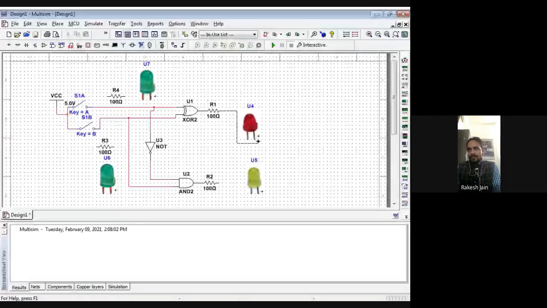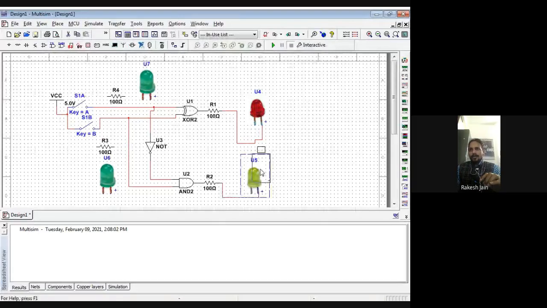So this is also my one more LED. I just rotate it a little bit downwards. Now see this one. Similarly here the positive part is connected with the 100 ohm, and the negative is connected with the ground. Each one is connected with the ground.